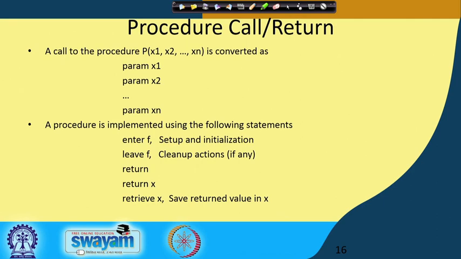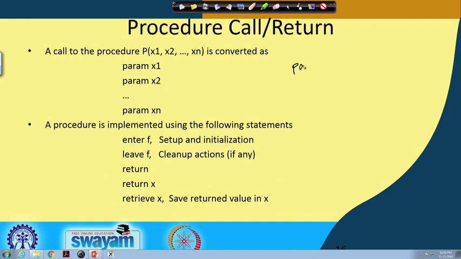You see that we have not included statements like param with a number of parameters x 1, x 2 etcetera. In that case the difficulty is that there is no limit on the number of parameters that you are allowed to have in this statement, so naturally you cannot code it in the 3 address coding strategy. To make it very simple, if there are n parameters, it will be converted into n parameter statements, param x 1 to param x n.